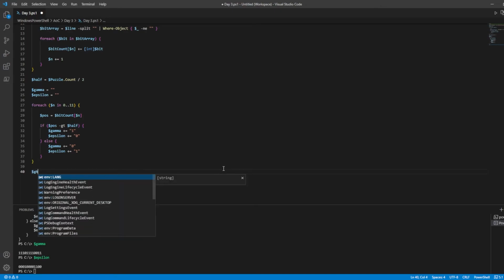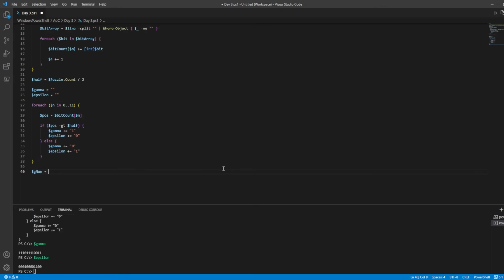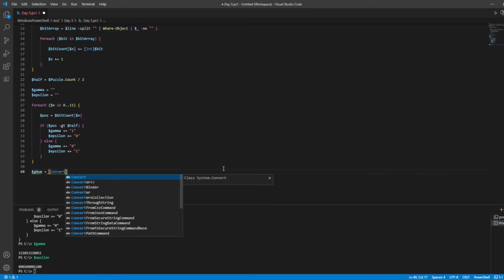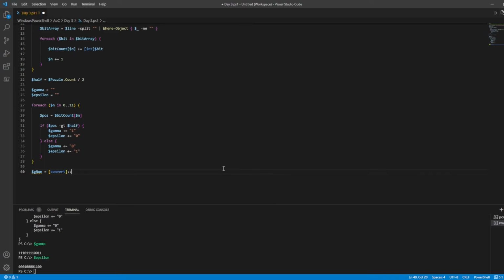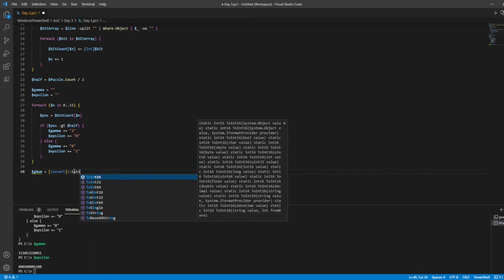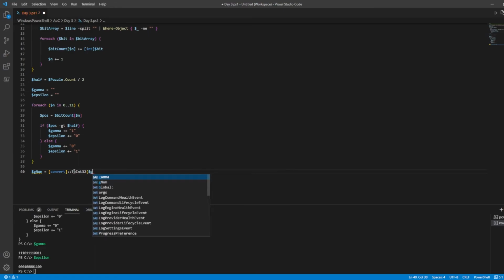So we're going to call this our gamma number, and we're going to say convert. And to access these classes, use double colon, and then you tell it what you are converting it to. So we're going to convert to Int32. We're going to convert gamma